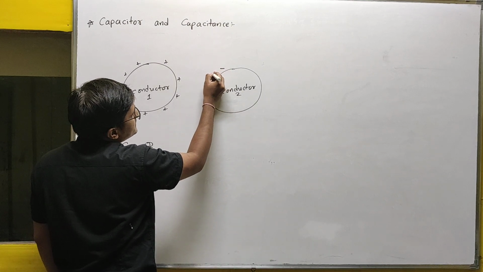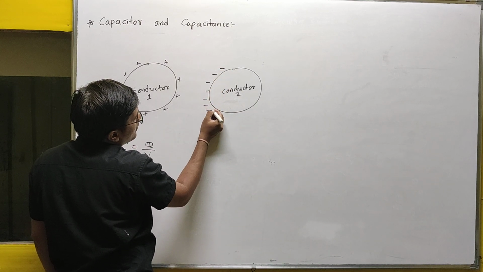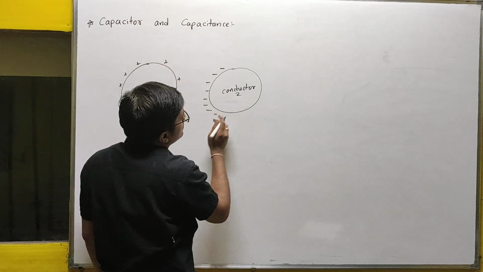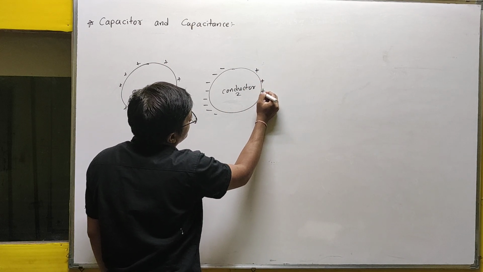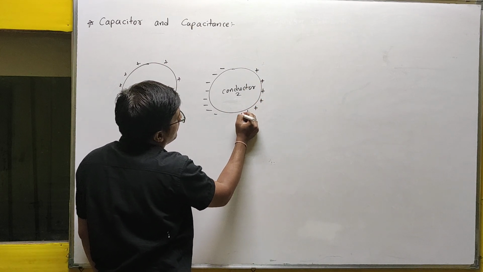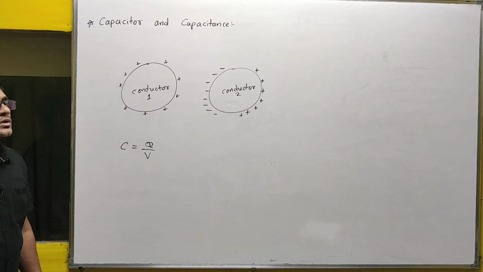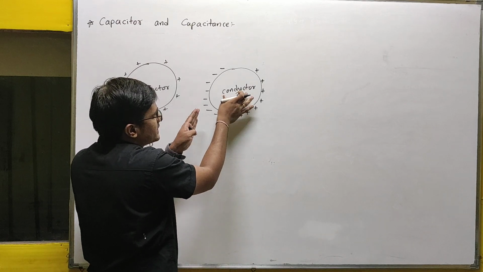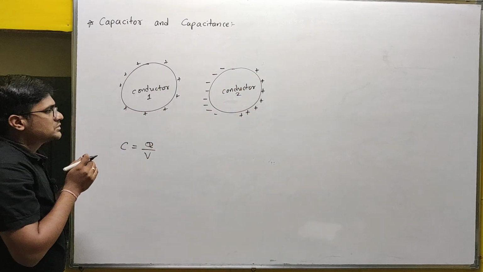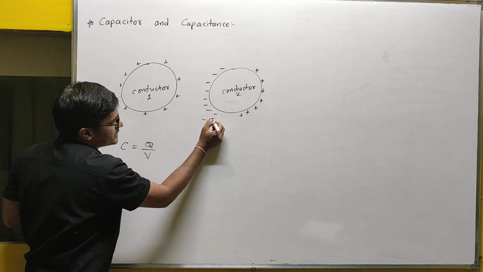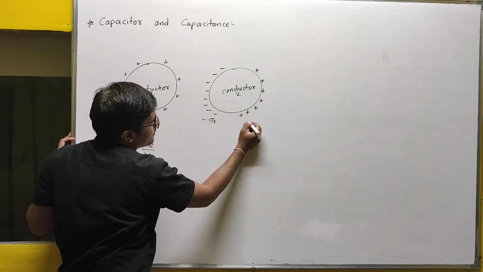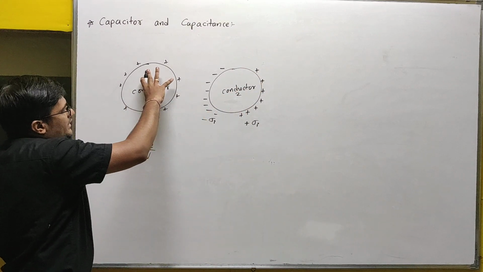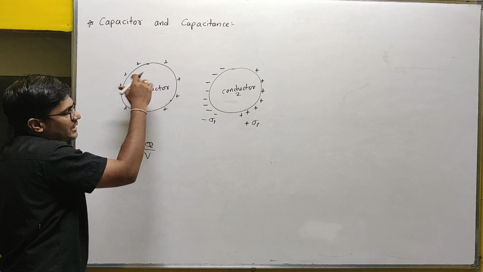So negative charges are induced over the left surface, and they will repel the positive charge of conductor 2. So the positive charge will be induced on the right side of conductor 2. So these charges separate the charges inside conductor 2. Due to that, what happened? Some negative charge is induced on the left side and some positive charge is induced on the right side. Now the potential on this surface is reduced. How?